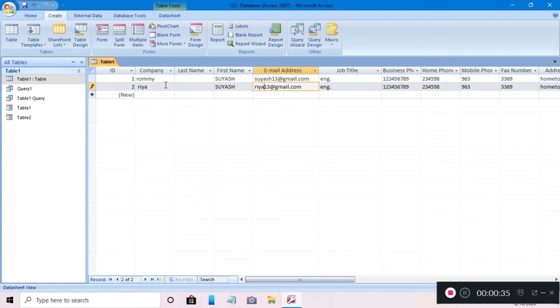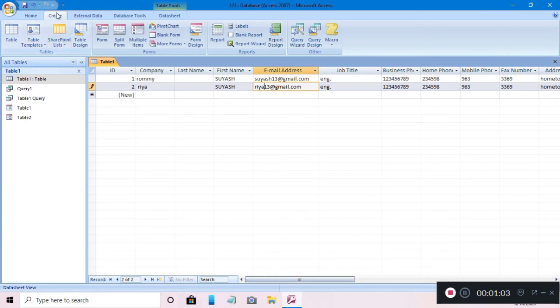For creating a report using the report tool, which is the easiest way for creating any report of any data, we will again go to the Create option. For creating any object of MS Access, either it is a table, form, report or query, you have to go to the Create option.